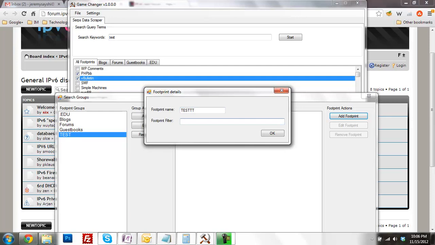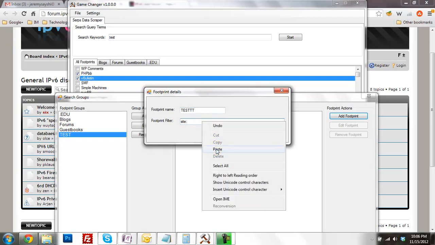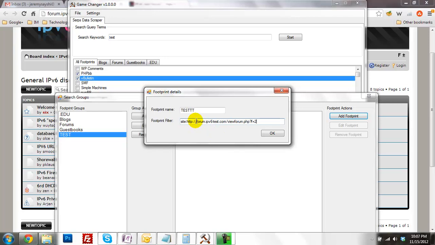And the footprint filter, you want to type in site: and then you're going to want to paste that URL back in there. Now, because we want to search the whole site, the whole forum, we're going to take this junk out of here that points to a specific page. And I'm also going to take out this HTTP information as well. So here we just have site: forum, blah blah blah. That way we're searching the whole site because we want to search all the pages. Click OK,